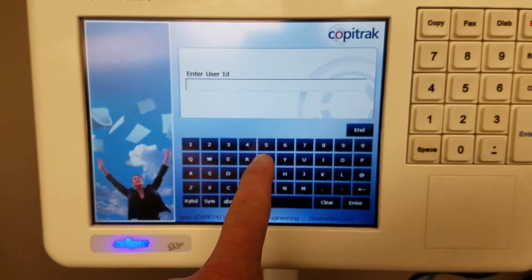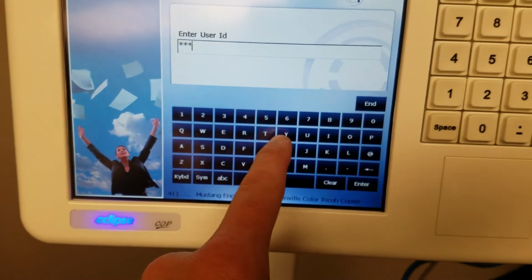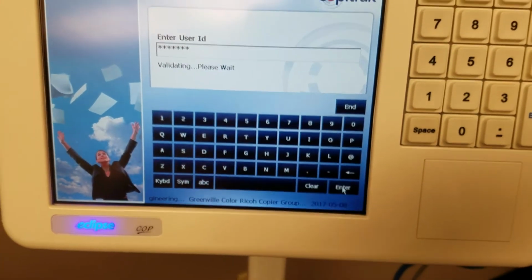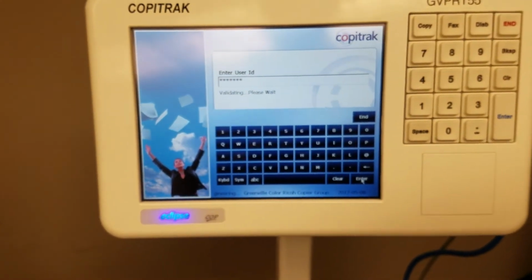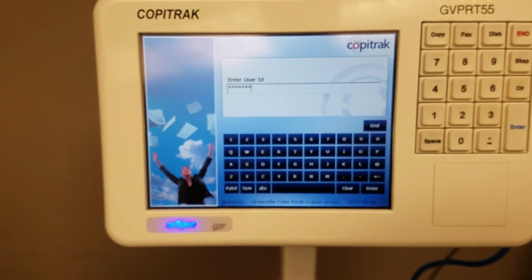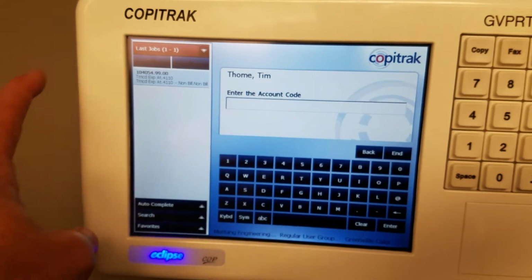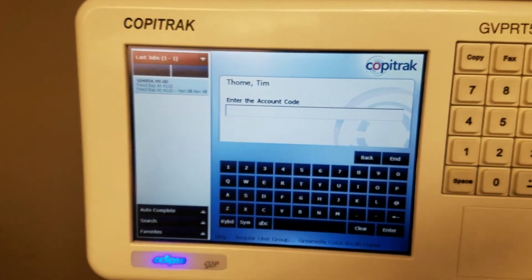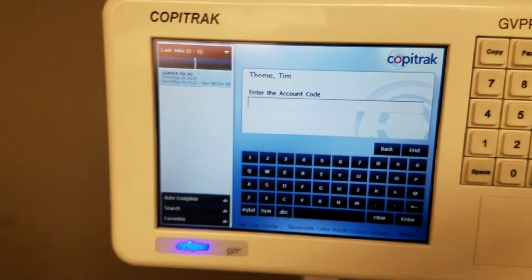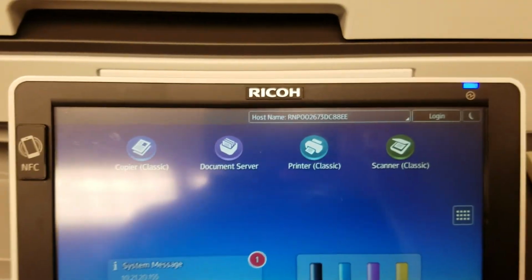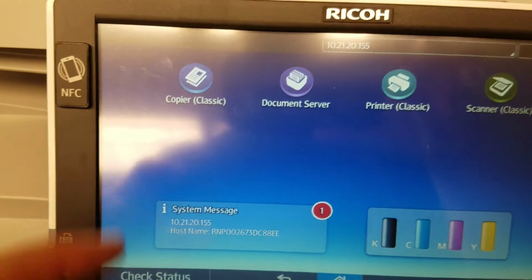And the last thing that we'll do is we'll just do copies. Copies are very straightforward, just like you've done with other copiers. You'll just say make copies, and you'll select your project. Now, one thing I want to show you before I actually select the project: over here on the left-hand side, if you walk over to the copier without trying to log into the CopiTrak terminal and select copier,